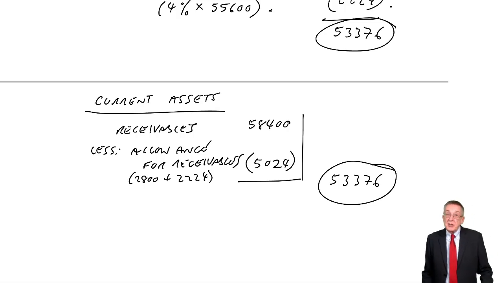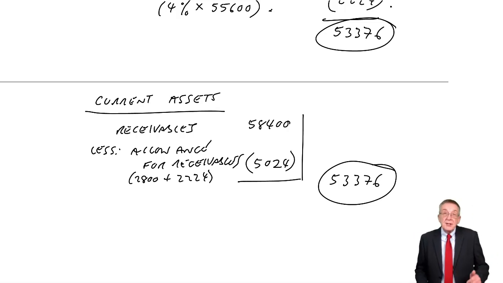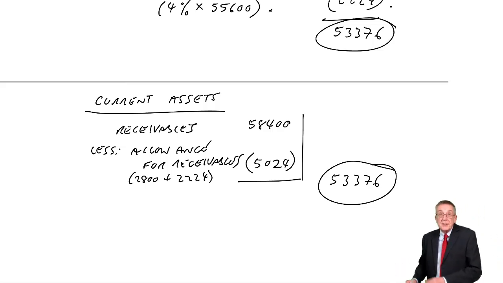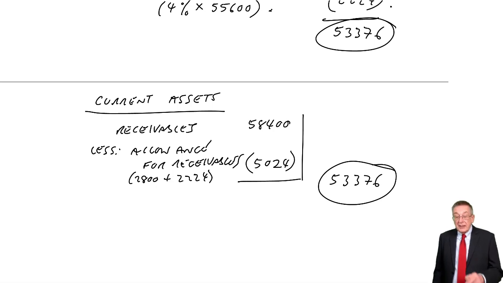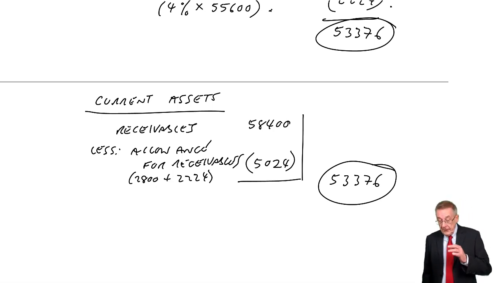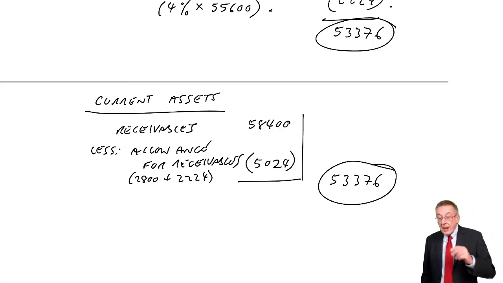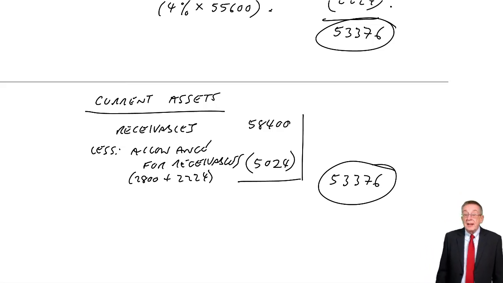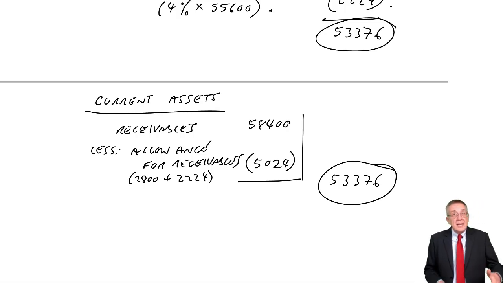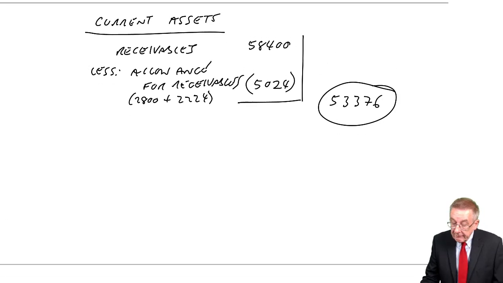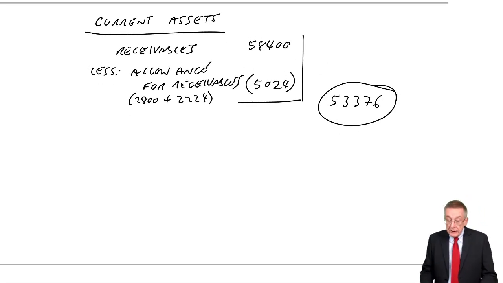So there's the final figure for receivables. That breakdown must be shown somewhere. A small business will perhaps show it on the statement itself. Other businesses, bigger ones, might show it as a separate little note. But we have to show somewhere the 58,400 we're hoping to get, and this allowance of 5,024. Again, there'll need to be workings because they're two separate reasons, but that is just workings. All right, that's what it is in the statement of financial position.